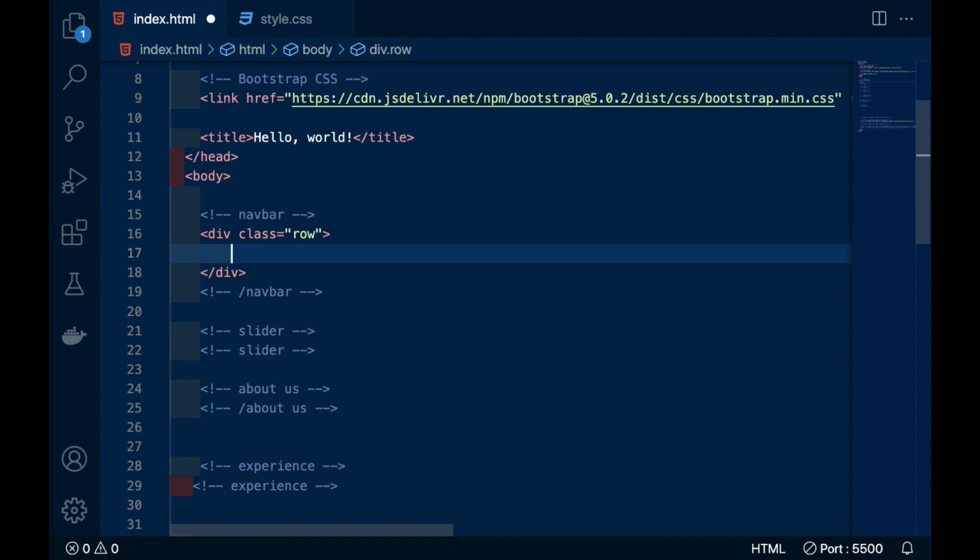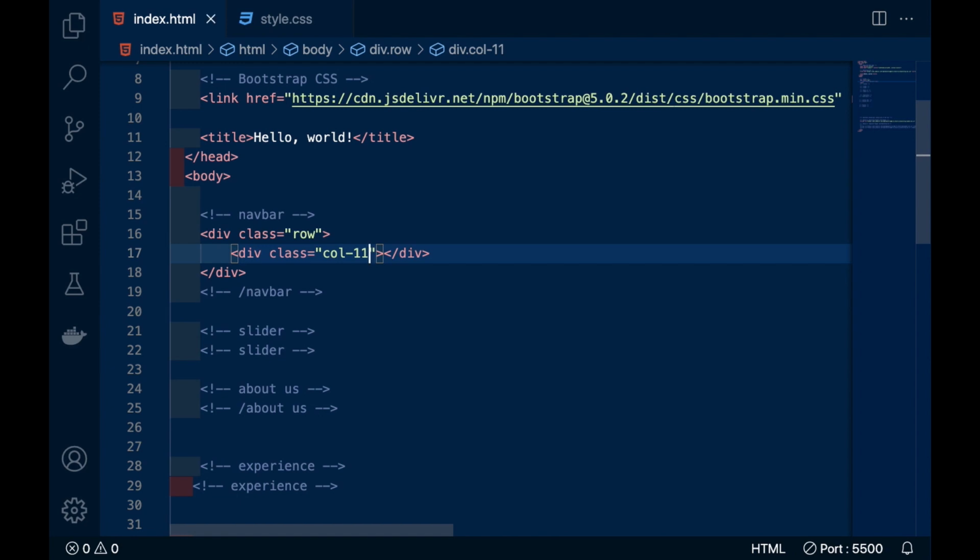If you write a dot first and then the class name and press enter, then this div will be written automatically. This is a shortcut in Visual Studio Code and you can use it. So you can see I have written column 11.